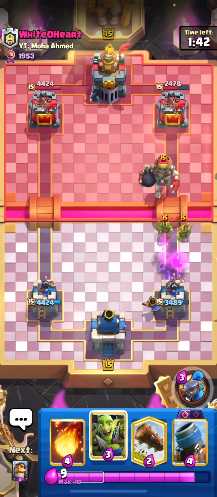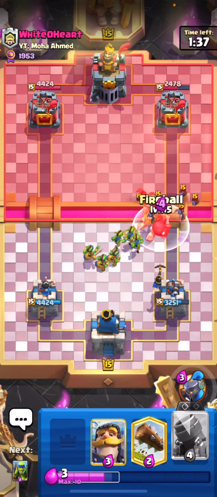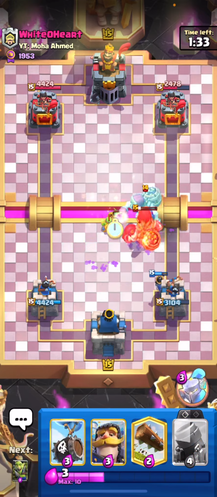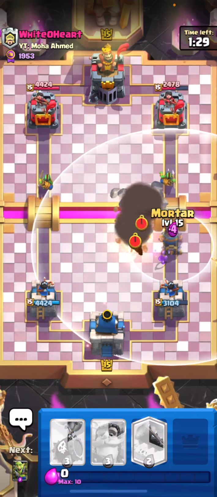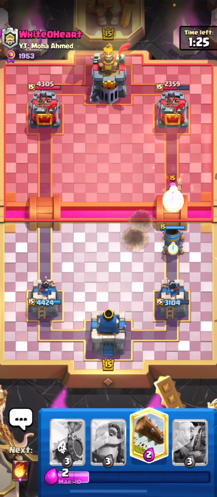Now, I'm not going to play a counter for this Goblin Gang because I know a crazy push is coming. If he goes for a Skeleton Barrel, I know it's going to be cloned, and so I'm going to pull it with my Mortar. I'm just going to Fireball here and then pull this back here. Nice try with that clone. Not going to work on me. Little Prince should get killed, but now we'll go for the Mortar, and hopefully he doesn't have enough elixir for